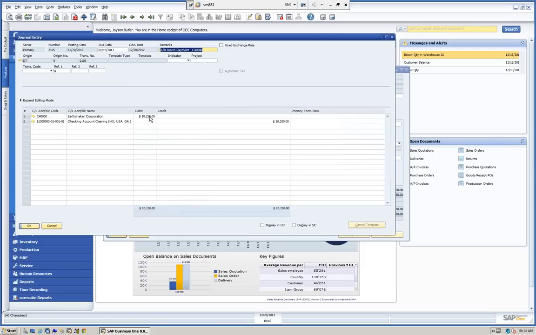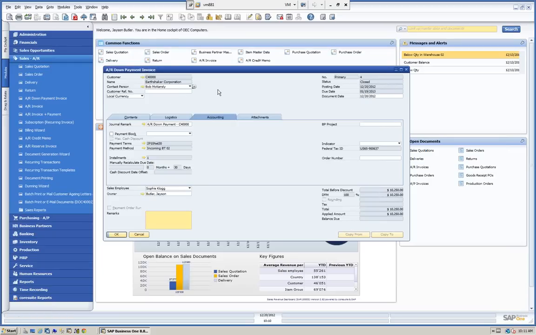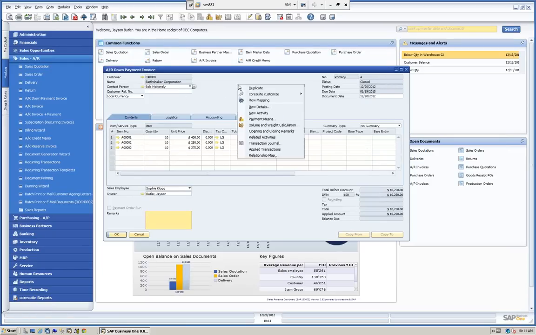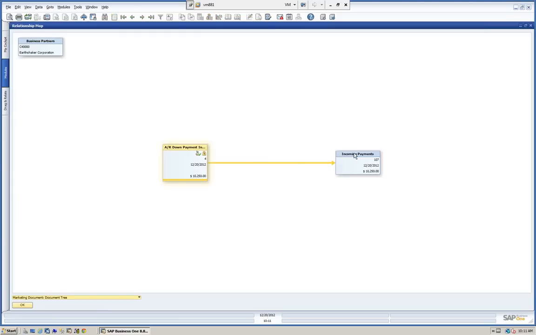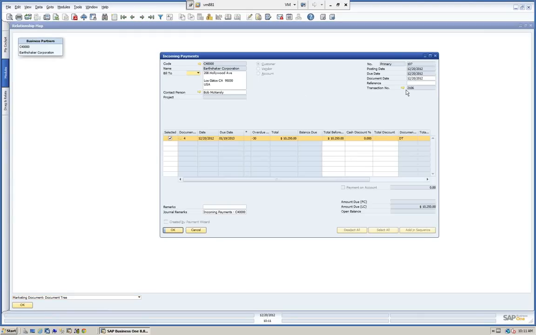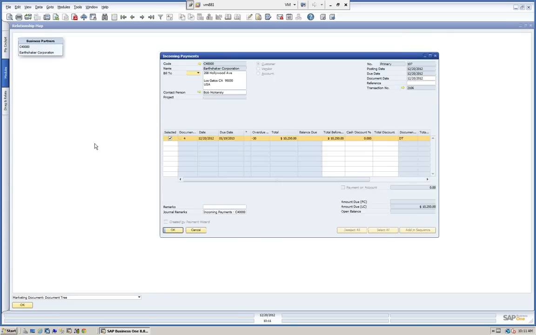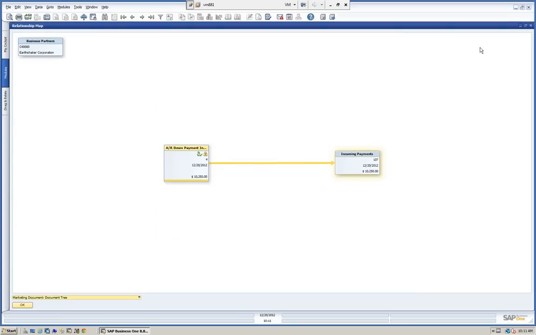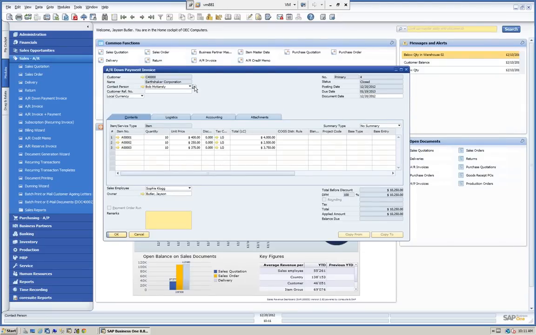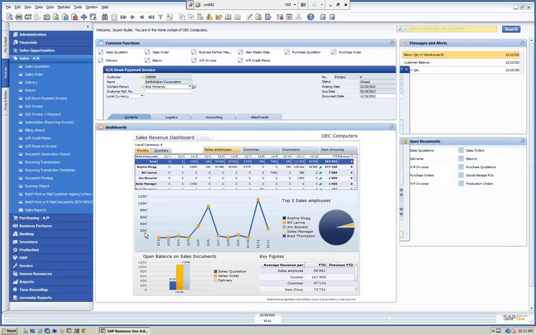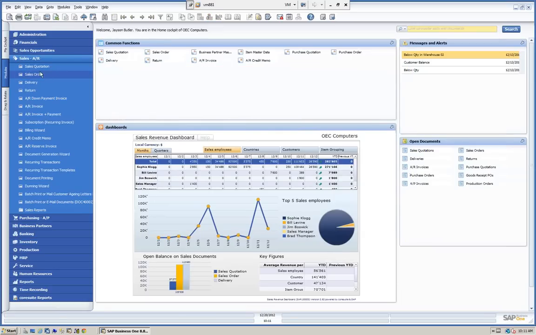We're doing the one side where we're affecting the business partner and affecting our checking account, and then our payment would be our offset to our business partner. So now we have this down payment invoice number 4. So we can have this, and now what we can do is when we go ahead and let's now create